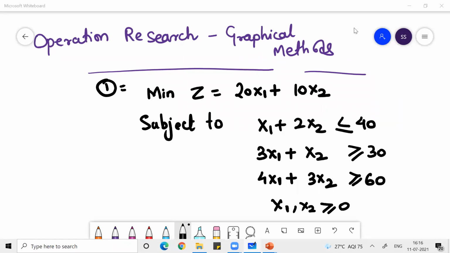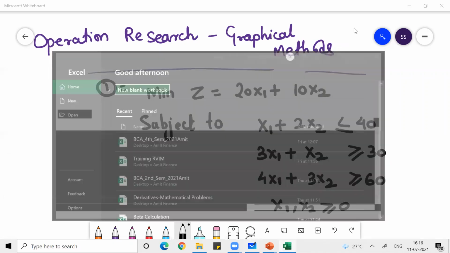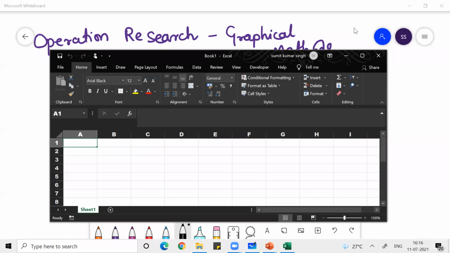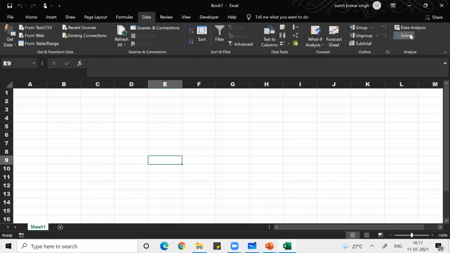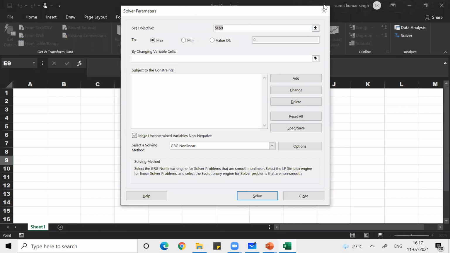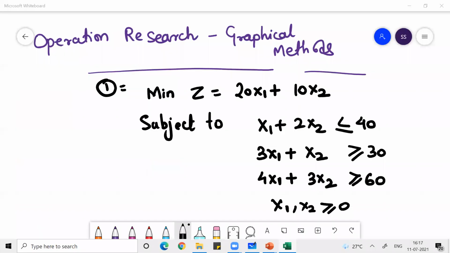Once you people get into corporate or if you are already working, you know that if I start solving this question by simplex and all, it will be a big waste of time for you. When you are actually working, you don't need to solve everything in pen and pencil. You can do the same thing in Excel very easily by using a function. This whole LPP problem can be solved in Excel through a function called Solver. So I'll teach you how you can solve the given problem by using Solver.